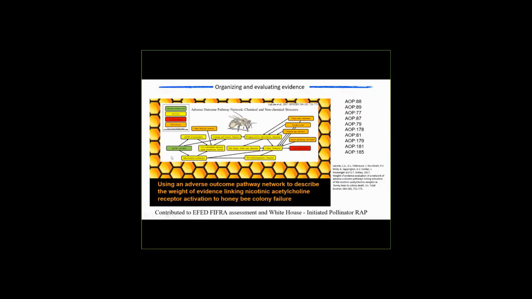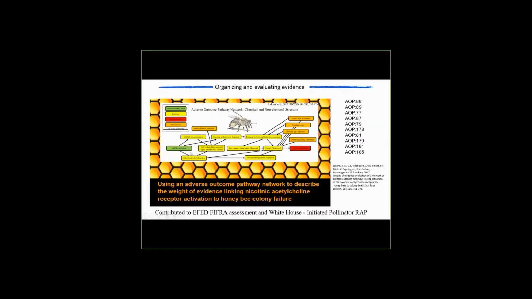Likewise, in the case of pollinators and their exposure to neonicotinoid insecticides, again, a very complex literature, everything from very detailed mechanistic studies at the molecular level, how these pesticides interact with the nicotinic acetylcholine receptor, how that affects downstream signaling pathways, and so on. But then also studies up at the level of entire colonies, death or failure of the colony, and effects on behaviors like foraging and learning behaviors.